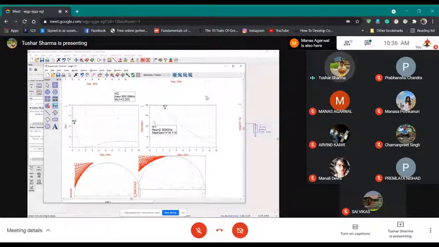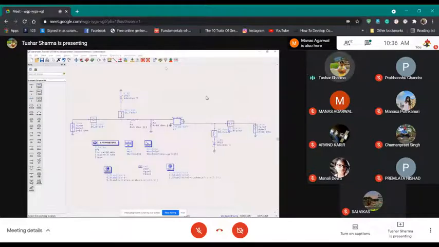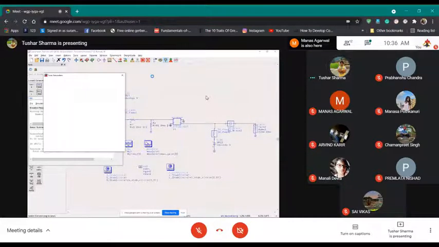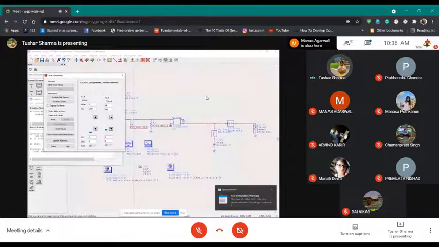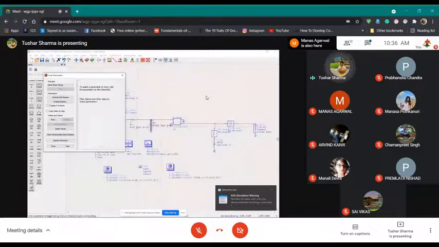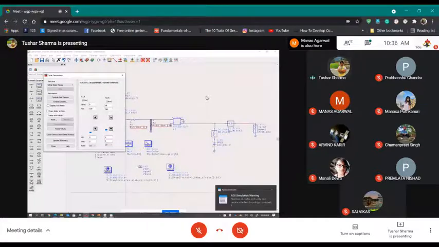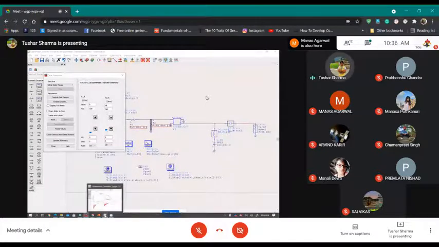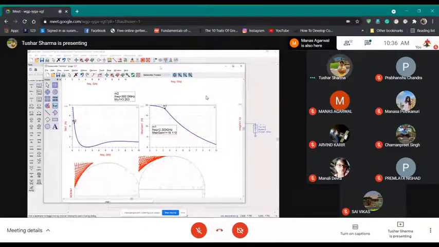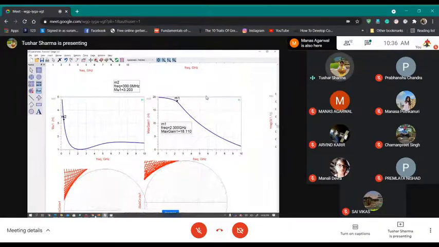Okay. But what is important here is that you should see a trade-off. So let me tune this tuning knob and click my resistors because I want to tune them and see. One thing is clear, the higher the series resistance, lower will be the gain and better will be the stability.